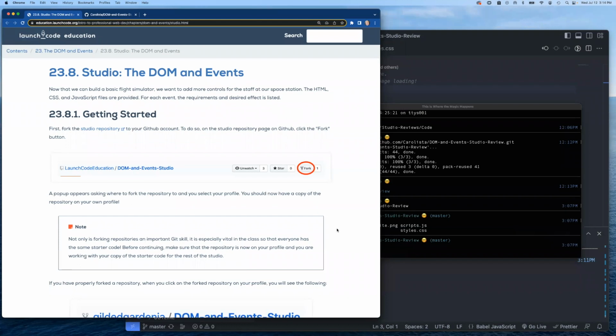Welcome to the studio review for chapter 23.8, the DOM and events. This is a fun one. We're going to take some existing elements on the page with some starter code from LaunchCode, and we're going to change it so that instead of being just a static page, we make it interactive. So we'll take a look at what it looks like in just a second once we have it running on